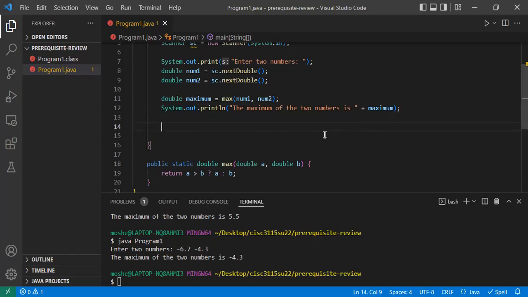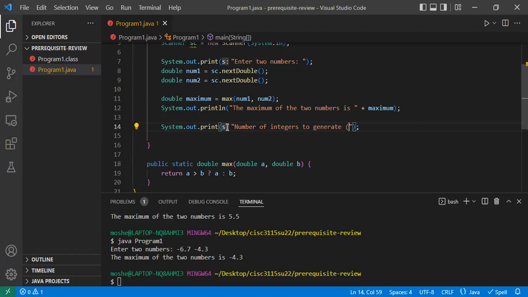Okay, so let's ask the user to tell us the number of integers to generate,